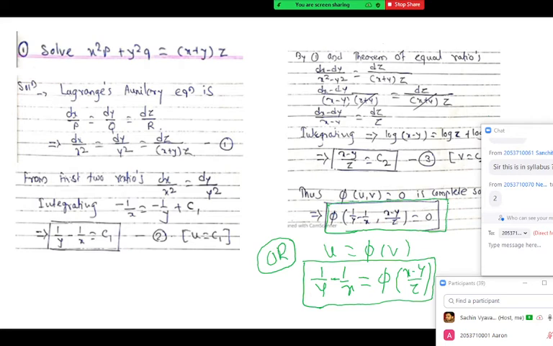So if you still have a doubt, you can ask. Otherwise, I will show you the next question. Those who are interested, note it down. In the textbook, the answer is written in the second form, u equal to phi of v. In a textbook, all the answers are written in the form u equal to phi of v. Why is one arbitrary function there? Because it is a first order PDE, so its solution contains one arbitrary function.